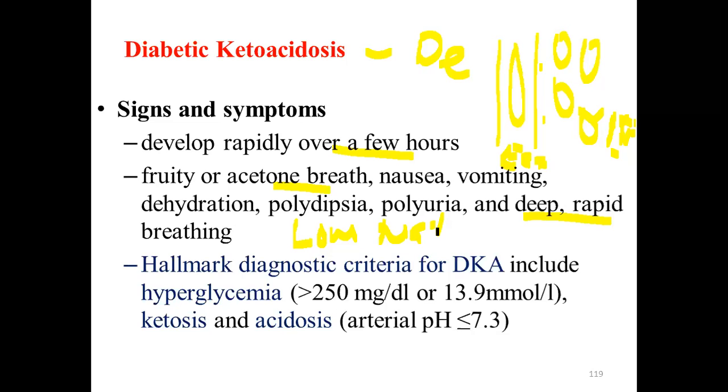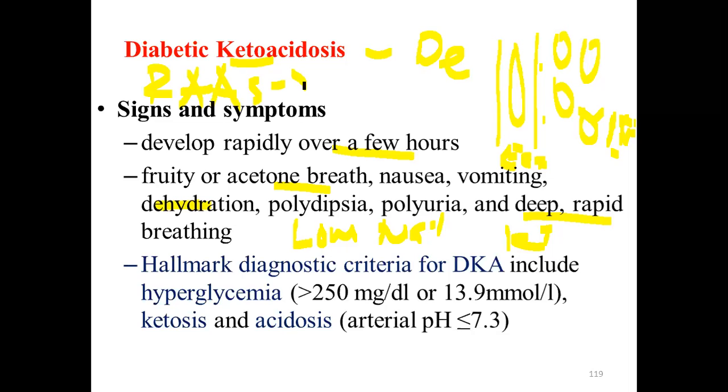Then apart from that, because of the osmotic effect of glucose, it can also inhibit the absorption of other electrolytes such as potassium. So potassium deficit is also very common. Also, as a result of dehydration, the renin-angiotensin-aldosterone system is significantly activated. When the RAS system is activated, it can lower the potassium level. So because of those two reasons, low sodium level and low potassium level is a common finding when a patient